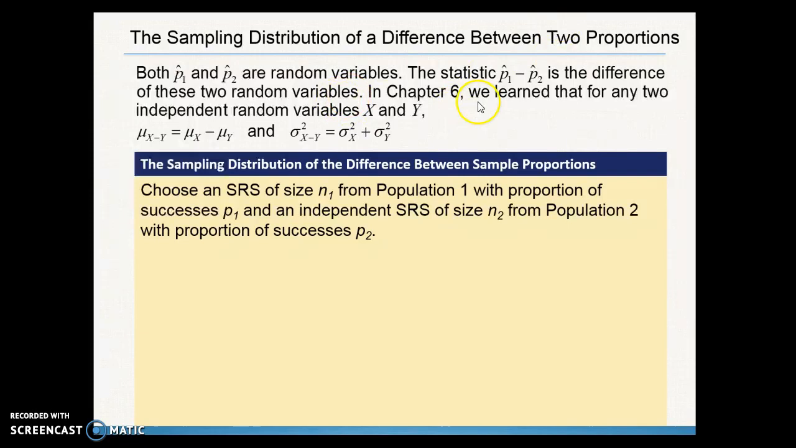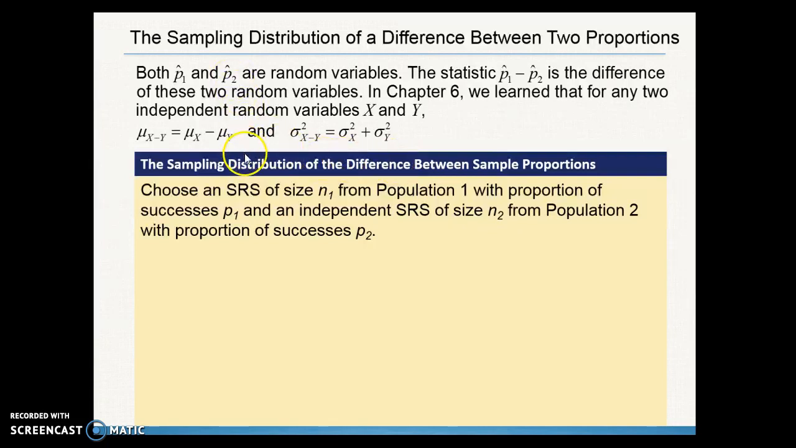So way back in chapter 6, we learned, and this is what I was talking about on the previous slide, that for any two random variables, the mean, if you subtract them, is just the mean of the first minus the mean of the second. But the variance, when you subtract them, is the variance of the first plus the variance of the second, and then you take the square root to find the standard deviation. Okay, so that's going to come into play when we take a look at how we find our standard deviation